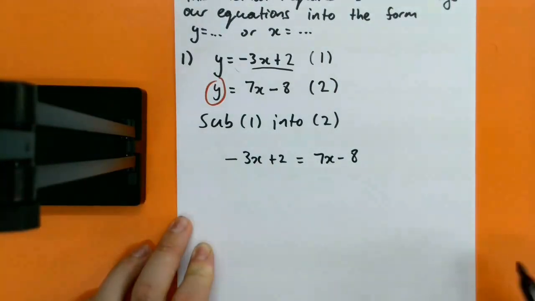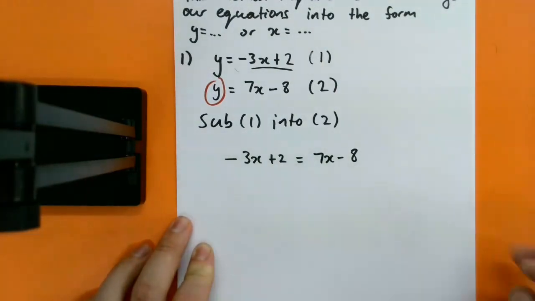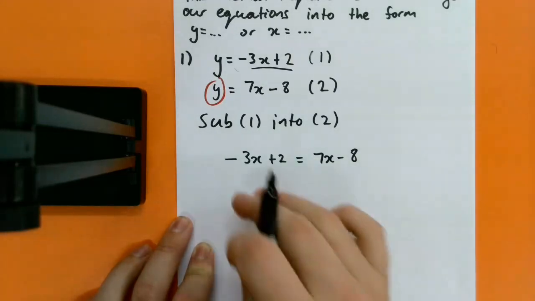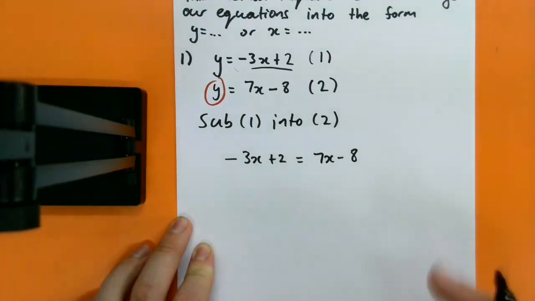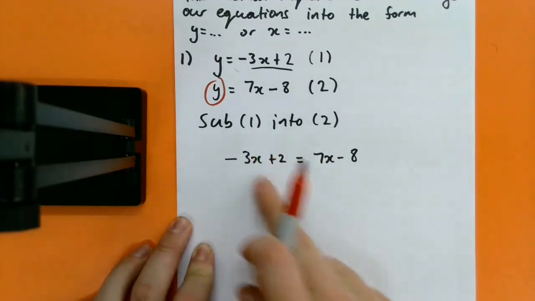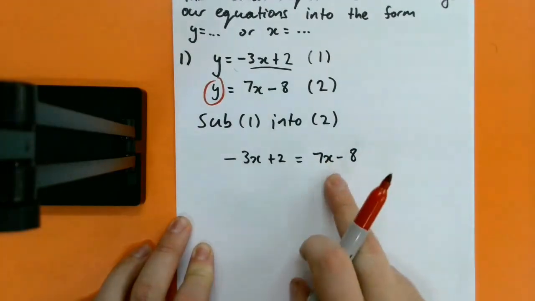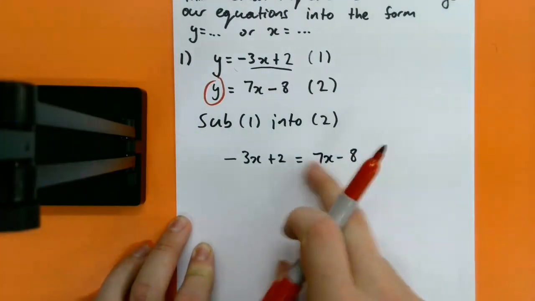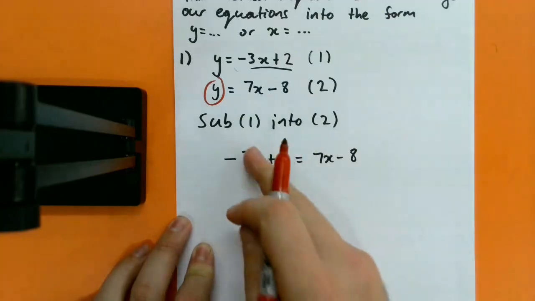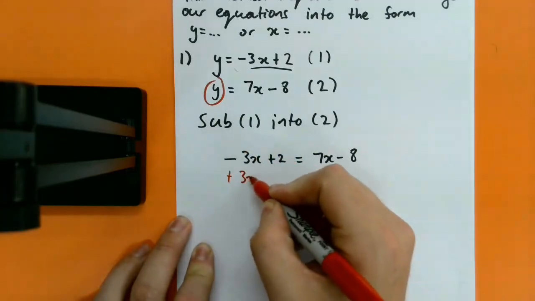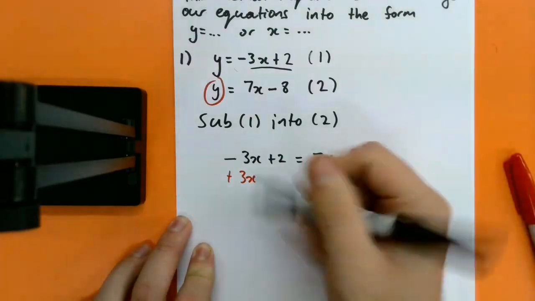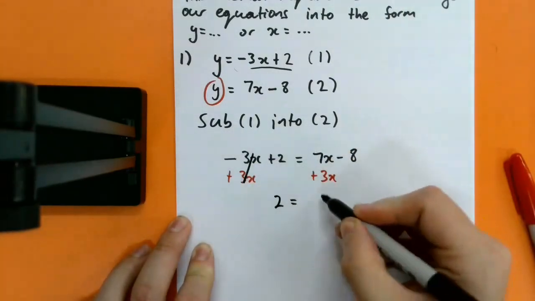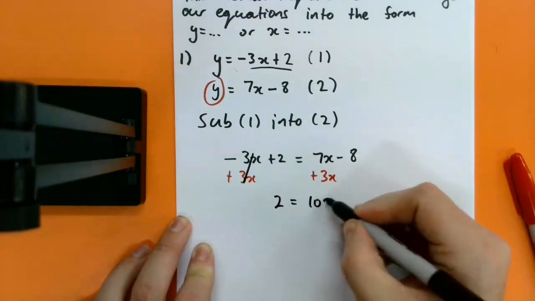We can solve this just like a normal equation with variables on both sides. We want to move all of the variables to one side and all of the numbers to the other so we can start to solve this. To do that, we want to move the variables to the side which has the larger coefficient out the front of the variable. You notice 7 is larger than negative 3, so we're going to get rid of negative 3. We're going to add 3x to both sides. That will cancel, leaving us with 2 is equal to 7x plus 3x, which is 10x, minus